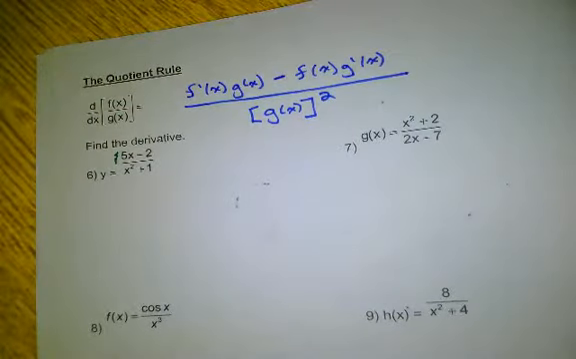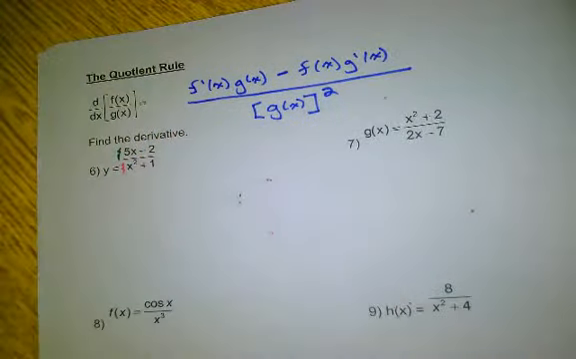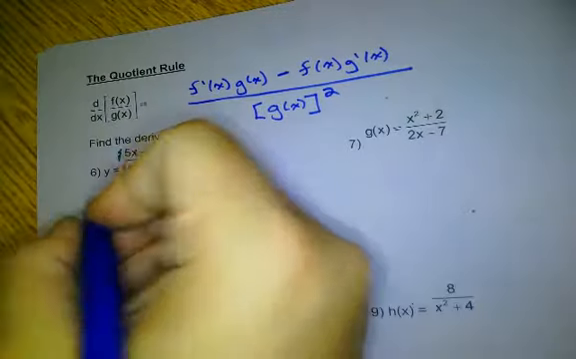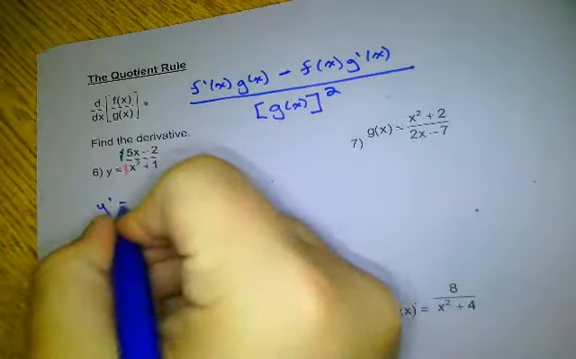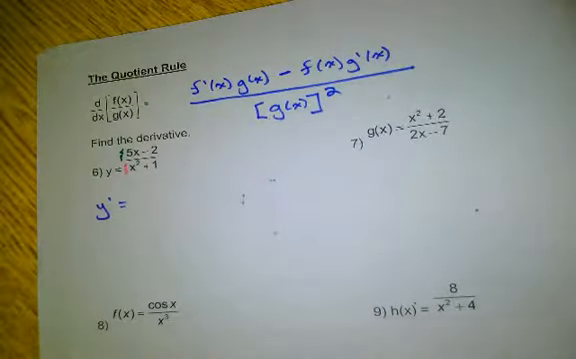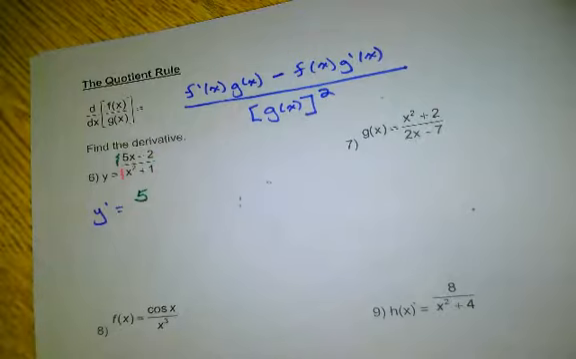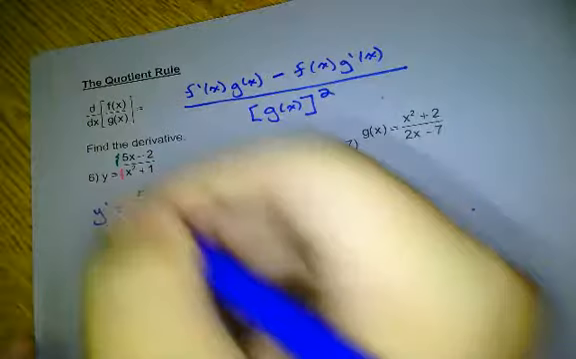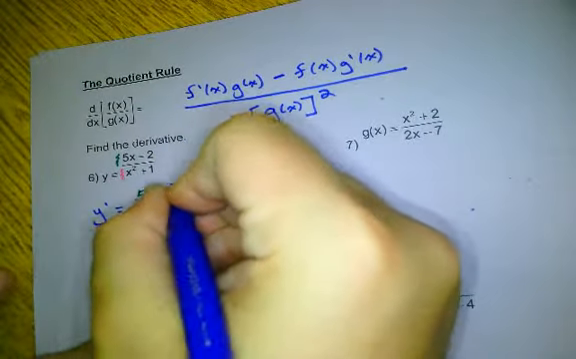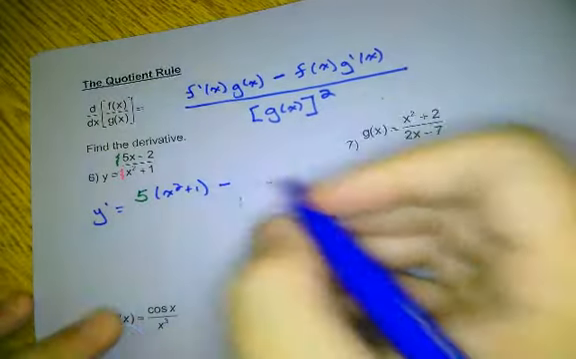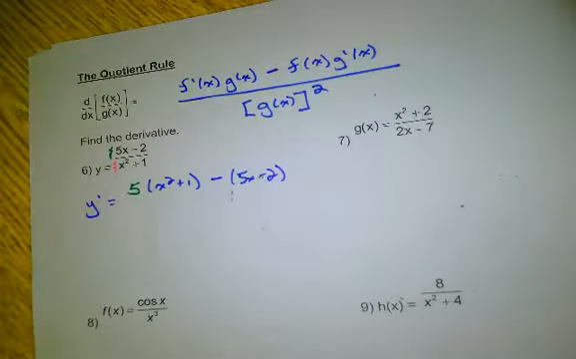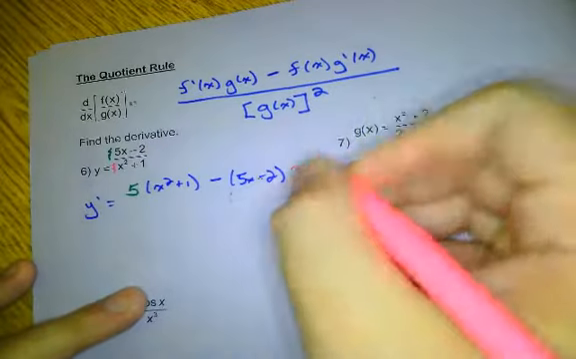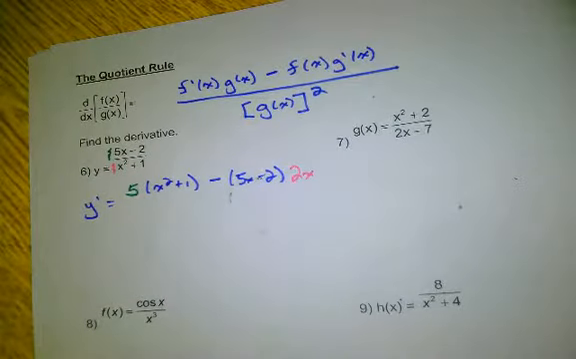I have 2 functions on this first one, so let's go ahead and find the derivative. Let's do it up. So what's the first? What's the derivative of the first? Very good, class. 5. We're really engaged today. And the second is x squared plus 1 minus 5x minus 2, and the derivative of the second is 2x. All over